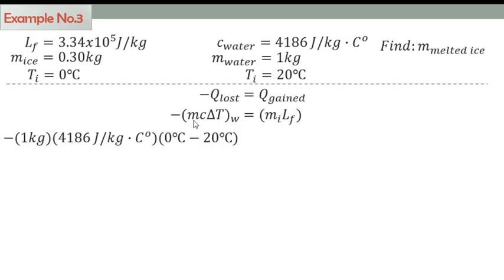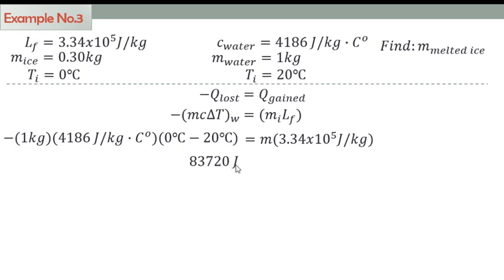By substitution, we have negative 1 kilogram as the mass of water times 4,186 joule per kilogram times Celsius degree times the change in temperature of our water, which is 0 degrees Celsius minus 20 degrees Celsius, which is equal to the mass of our ice, which we don't know the value of, times the latent heat of fusion. Simplifying this equation, we have